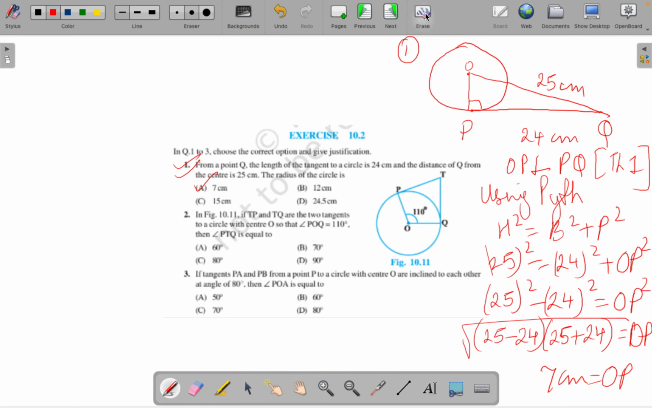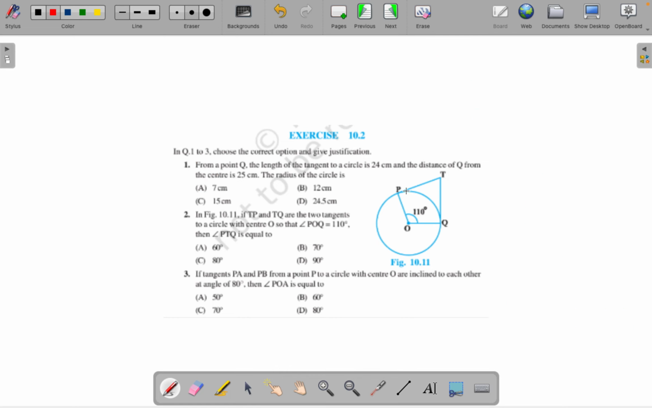Similarly, if you have to do the second part, again logic same. ये 90 होगा, ये 90 होगा, right? Radius is perpendicular to the tangent at point of contact. और ये sum, आपको पता है sum angle property of a quadrilateral is 360. तो आपका ये angle आ जाएगा. This is how. Similarly, अगर question number 3 करना है तो if two tangents PA and PB,